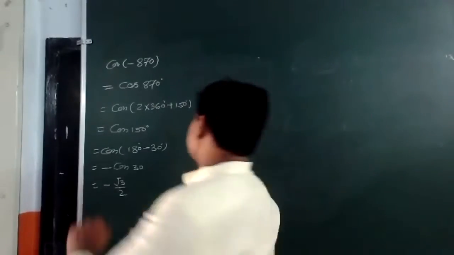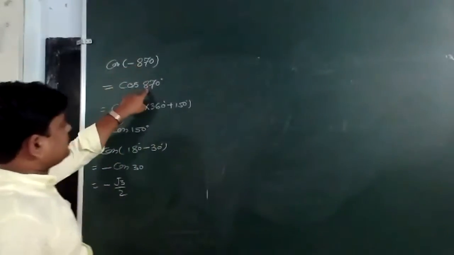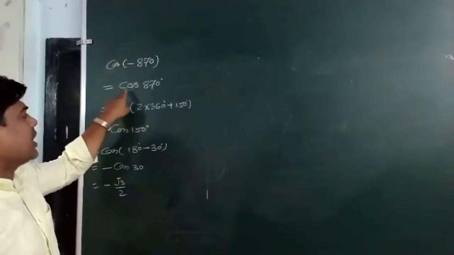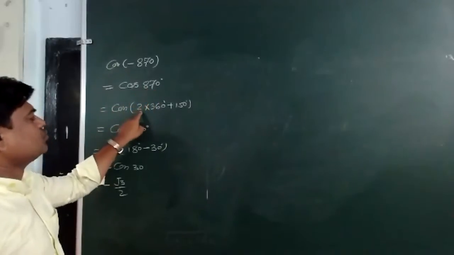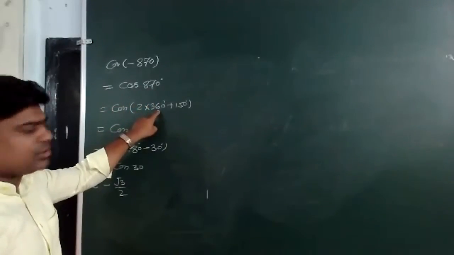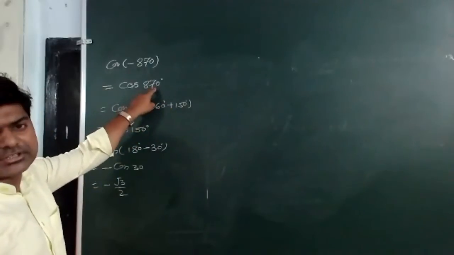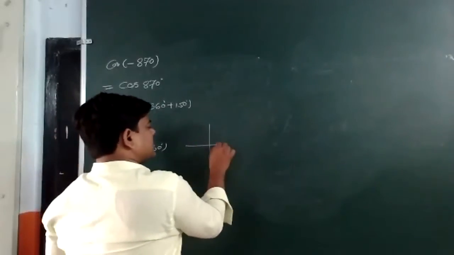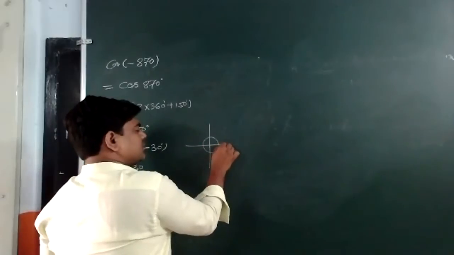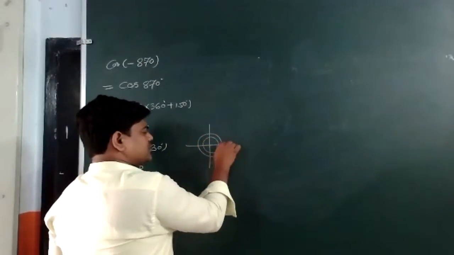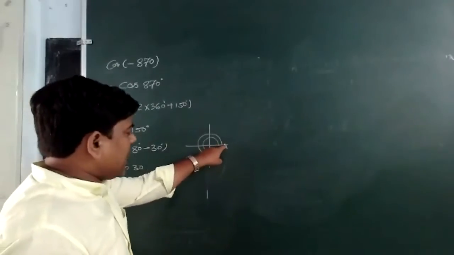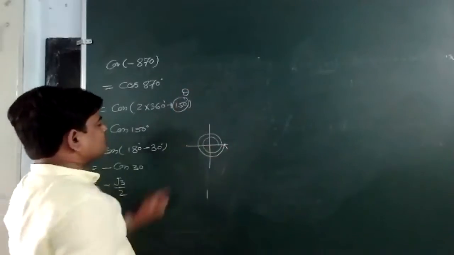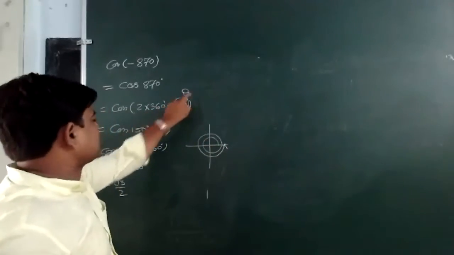Listen to what I have done. Actually, I tried to write the given angle. First of all, I used that cos(-theta) is cos theta. Then after that I wrote 870 as 2 into 360, which is 720, plus 150, which gives 870. Now I use the quadrant concept. 360 is there, then one more 360. I am reaching back to the same place. If we add something to this, then it will be in the first quadrant. I took this one as theta. So 2 into 360 plus theta will give cos theta.